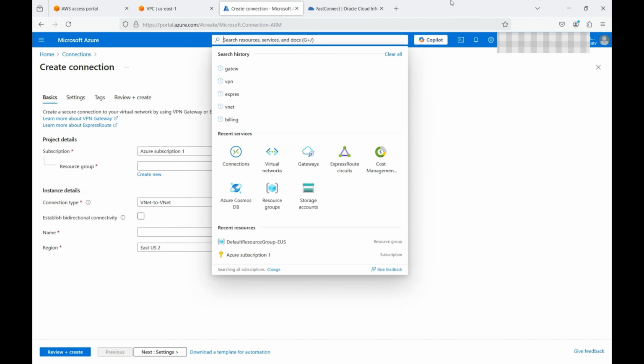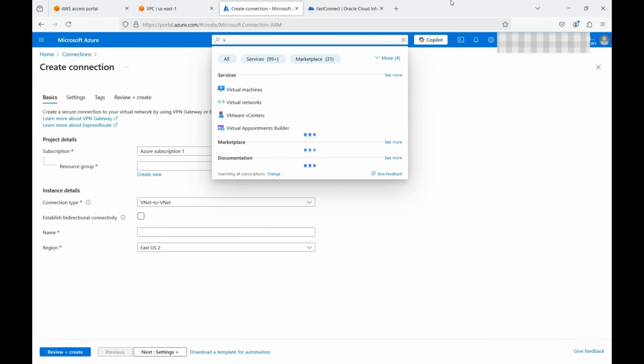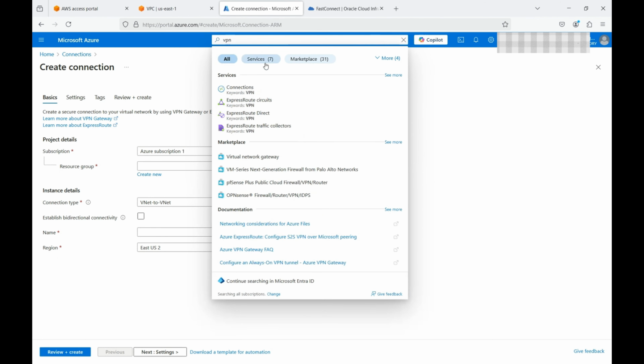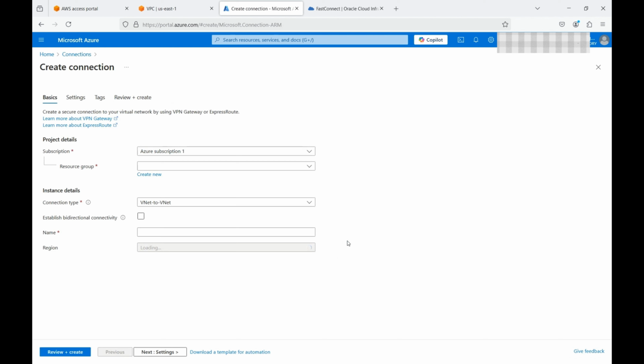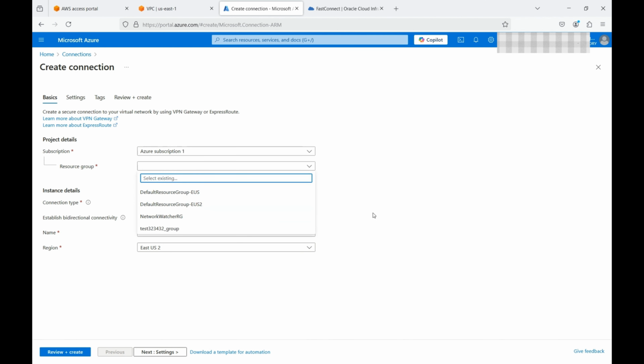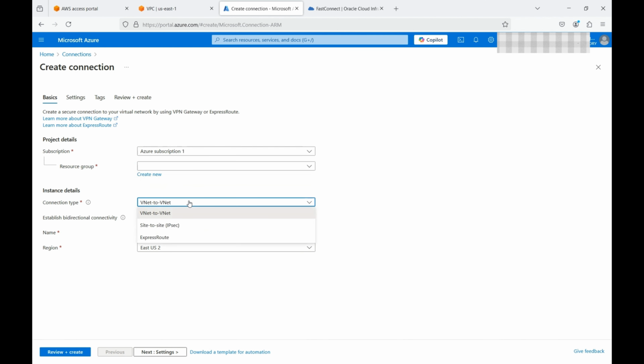For the VPN in Azure, you would come here and type in VPN, and you would see the first option here, which is Connection. This is the console for creating a VPN setup where you could connect to your virtual network by using a VPN gateway or ExpressRoute. Now this is where you have the Create connection option. Similar to the standard way, you provide your subscription, choose your resource group, and provide the connection type. You want a site-to-site, or a VNet-to-VNet,